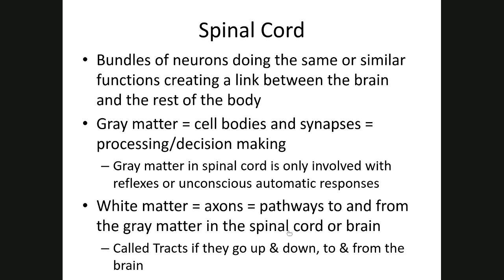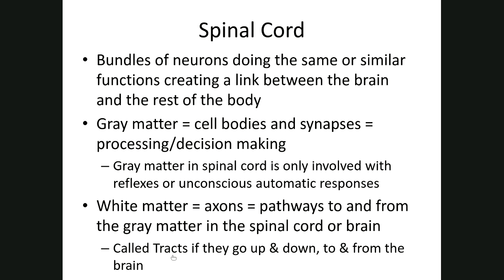Or what we think more about is up and down to the brain. So the white matter tends to be really more of this elevator of information up and down to the brain. We refer to these bundles of axons that tend to be carrying similar information, sensory going up, ascending, and motor coming down, descending. We tend to call those tracts. So a lot of times, this is how I talk about the spinal cord being that superhighway to and from the brain, is that we've got ascending sensory tracts and descending motor tracts that kind of help control everything